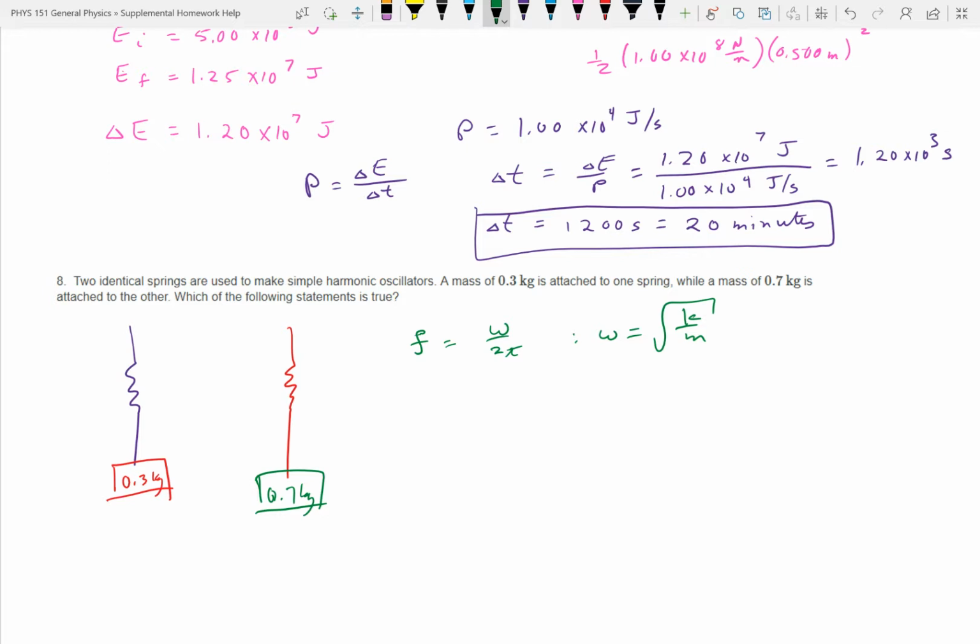Because the mass is different. Okay, so we don't have that one. Next one. The spring with 0.3 kilogram mass attached will have a higher frequency. Well, just look at this. What makes the frequency bigger? A bigger mass or a smaller mass? Small. Okay, so small mass produces